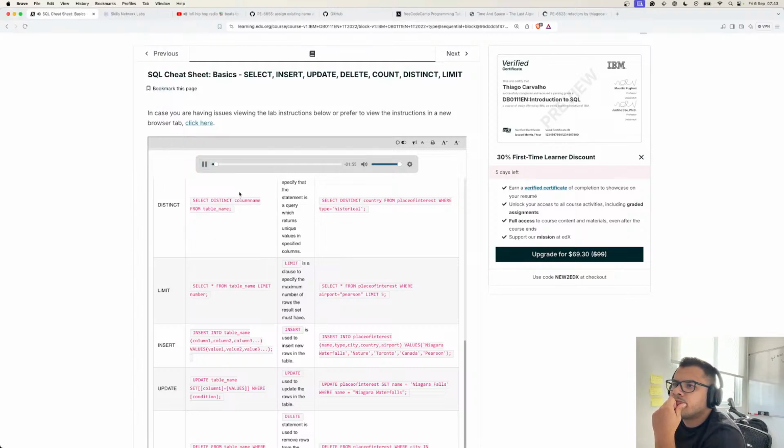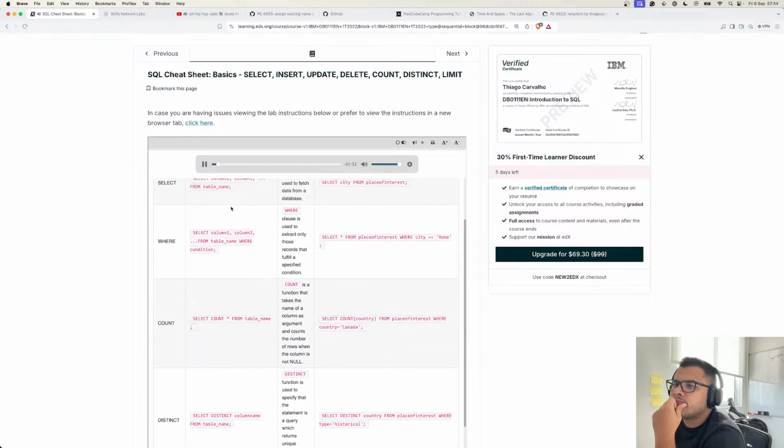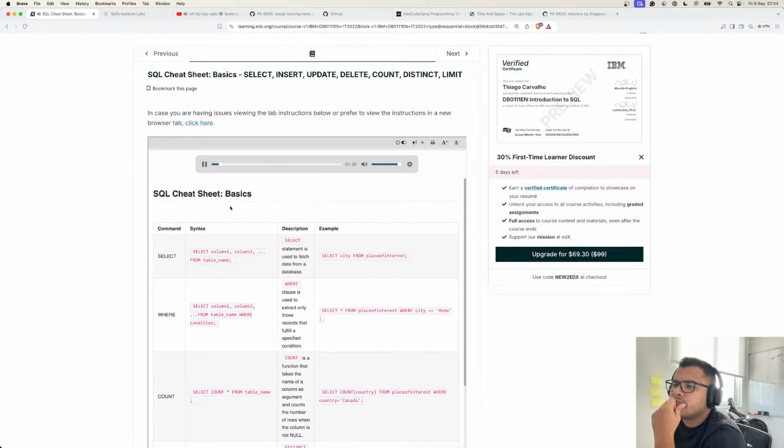SQL cheat sheet. Basics. Command syntax description example select COLUMN1, COLUMN